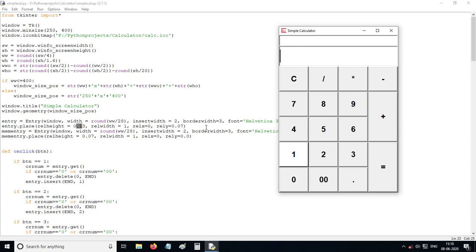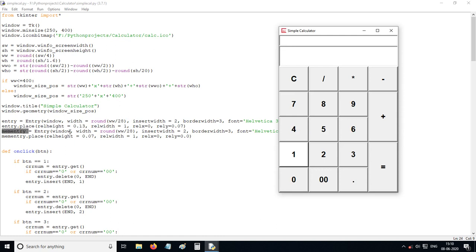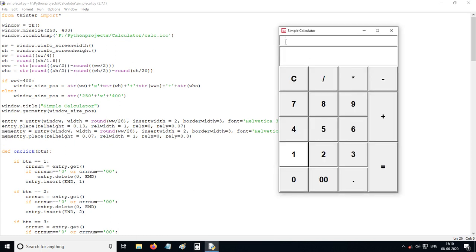The relative y is 0.07, so it is offset relatively from the origin. This corner position is the origin. For this memory entry, this is the method, and we place it with relative height 0.07, relative width 1, and relative x and relative y both 0.